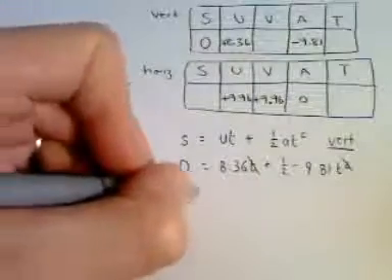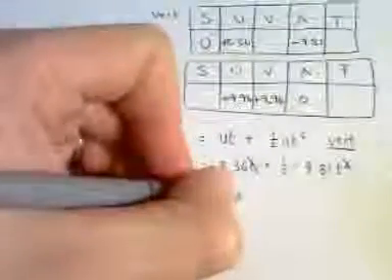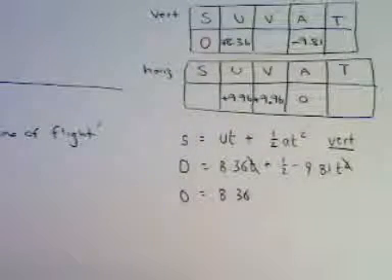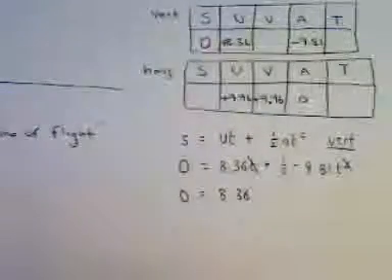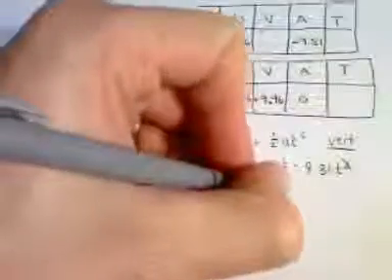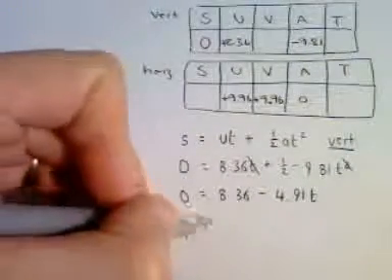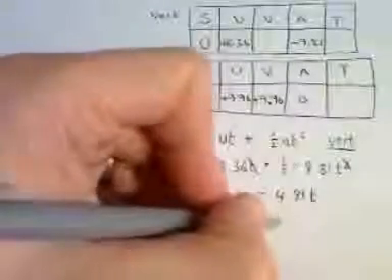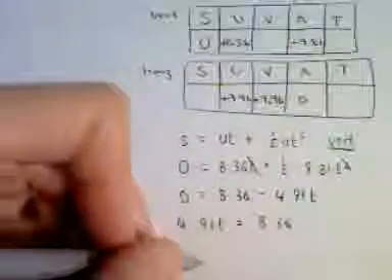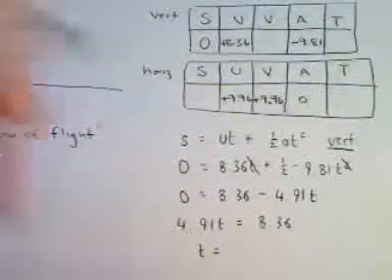So the equation becomes 0 equals 8.36 and 0.5 times minus 9.81 is minus 4.9t. If we move this over to the left hand side, we get 4.91t is equal to 8.36, and so t is equal to 8.36